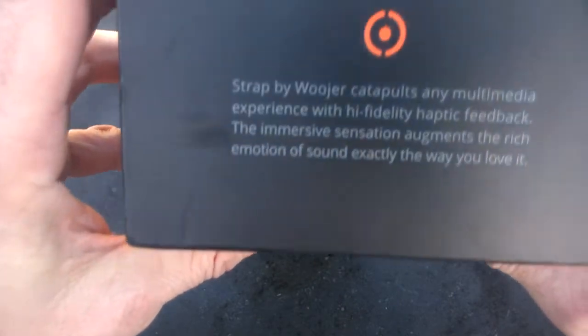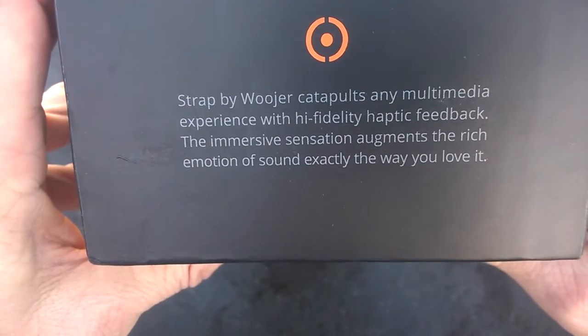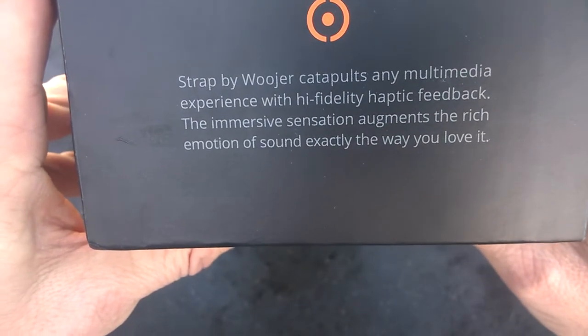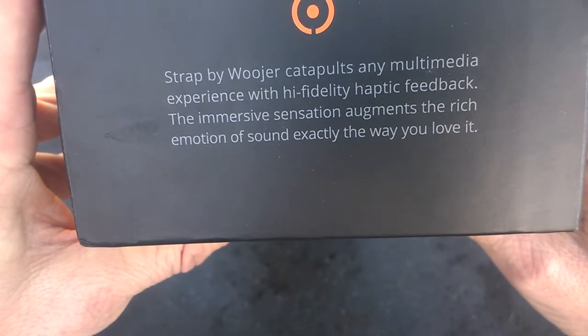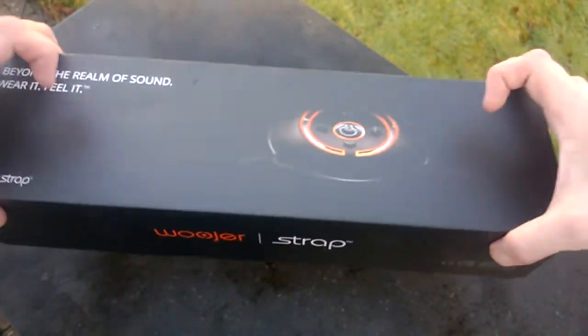And here is what's on here, and it'll tell us here: strap by Woojer catapults any multimedia experience into high fidelity haptic feedback. The immersive sensation augments the rich emotion of sound the way you love it. So we'll take it out of the box